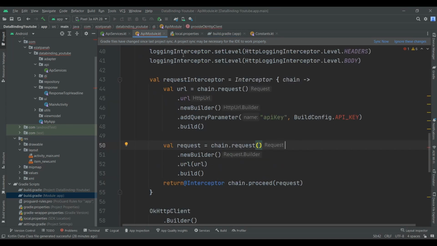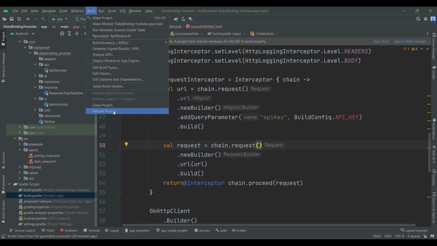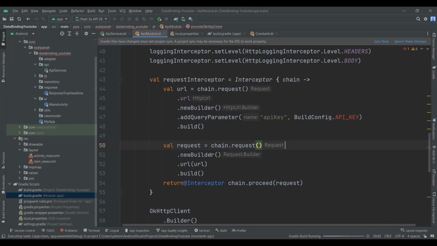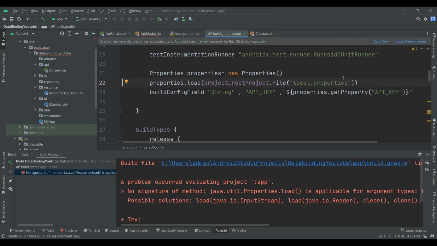And actually after doing that, you just need to rebuild your project. Okay, what's happened here? I guess I put the wrong name. So now everything is correct. So why? Oh, okay. Sorry guys, I forgot to add another code here. A new data